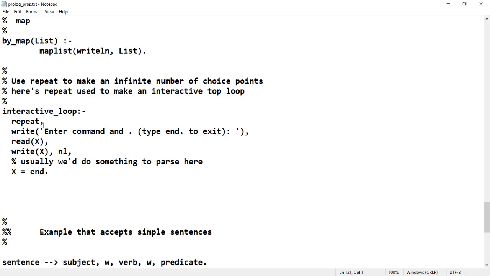Next is interactive looping. Repeat is used especially for interactive looping. It is just like entering a choice. If the choice is not equal, then keep on repeating the loop, like we might have done in C programming. Since you are very new to the Prolog programming language, it looks somewhat new.